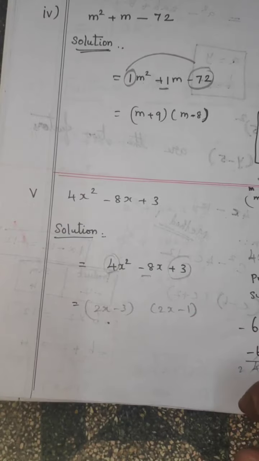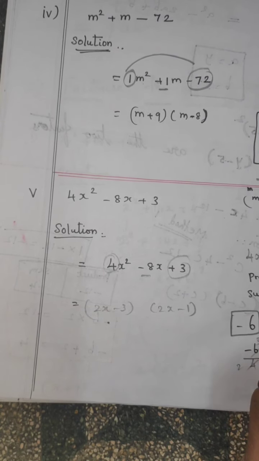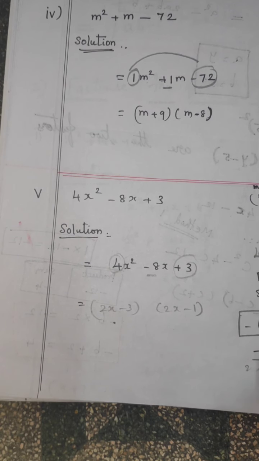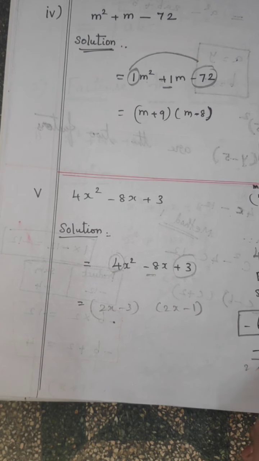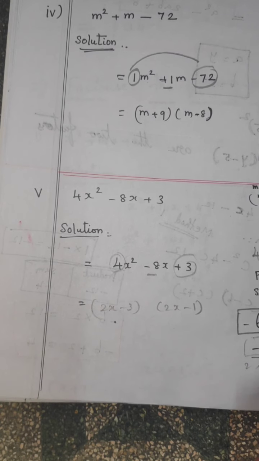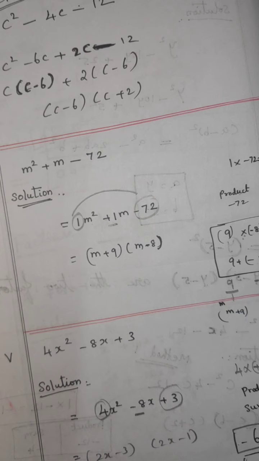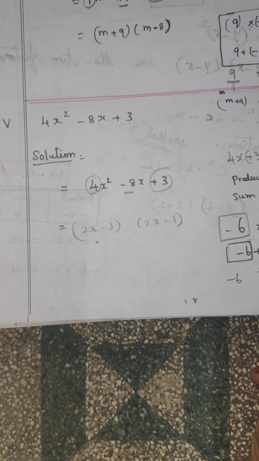In the center, what is the number? Minus 8. So you select two numbers. Select two numbers which multiply to get the answer equal to plus 12, and the same numbers added give the answer equal to minus 8. 6 twos are 12. Minus into minus is plus. Here minus 6, here minus 2. So both have the same sign, and 6 plus 2 equal to 8, so minus 8. Now the next step, what is the step? This minus 6, minus 2, right.